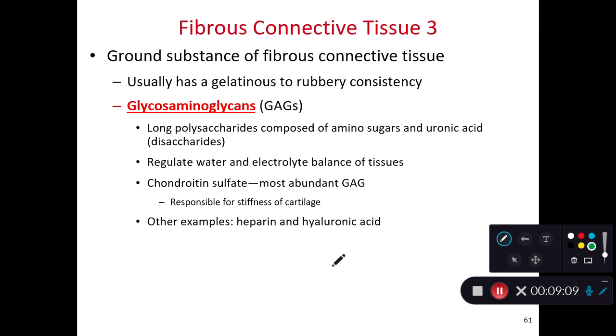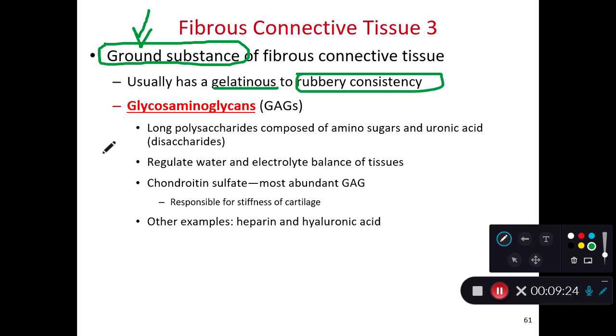Okay, good. So as we look at our connective tissues, we have a lot of ground substance in our connective tissues. Ground substance is the fluid component of the extracellular matrix. And a lot of times it's gelatinous or rubbery. The reason for that is because it has a lot of